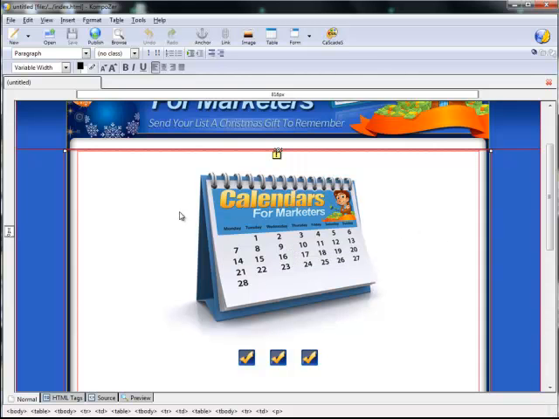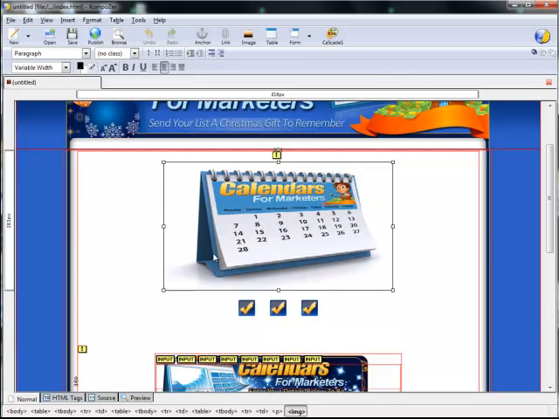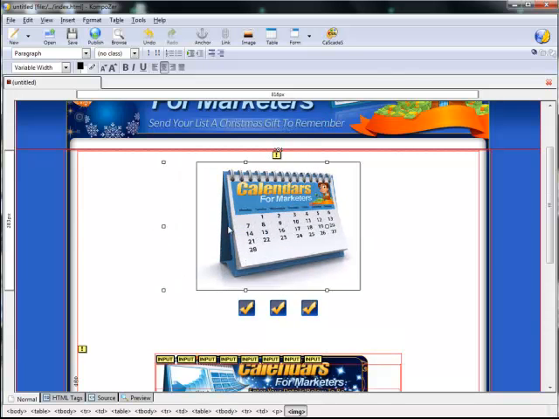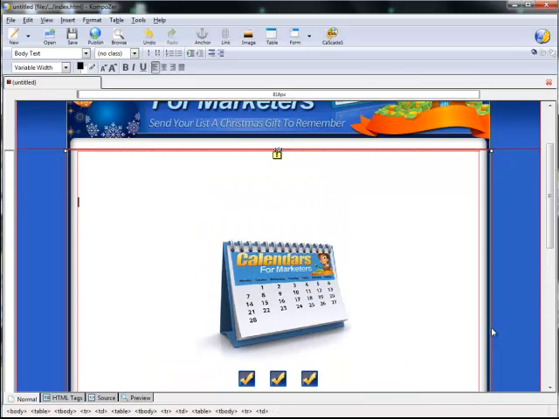So what I am going to do is move the graphics around a bit, make them a bit bigger, a bit smaller, and just put in some text. So if I move that down a bit, I can put my text in above it. So once you have your graphics where you want them, and again you can move them around once you're actually working in the page,